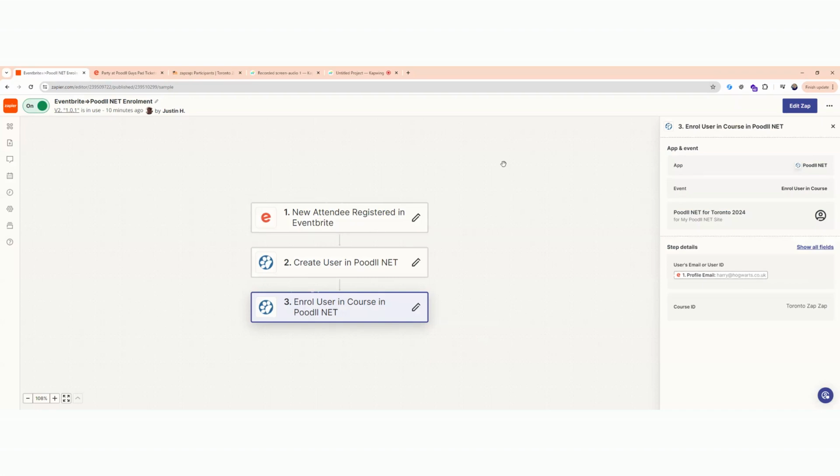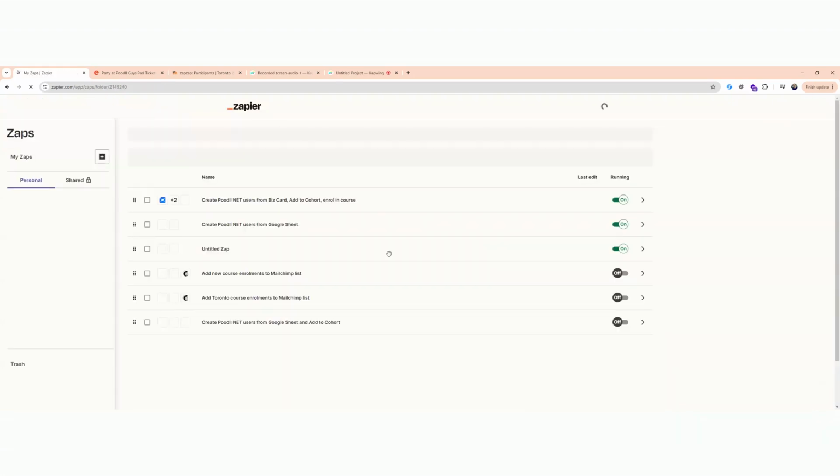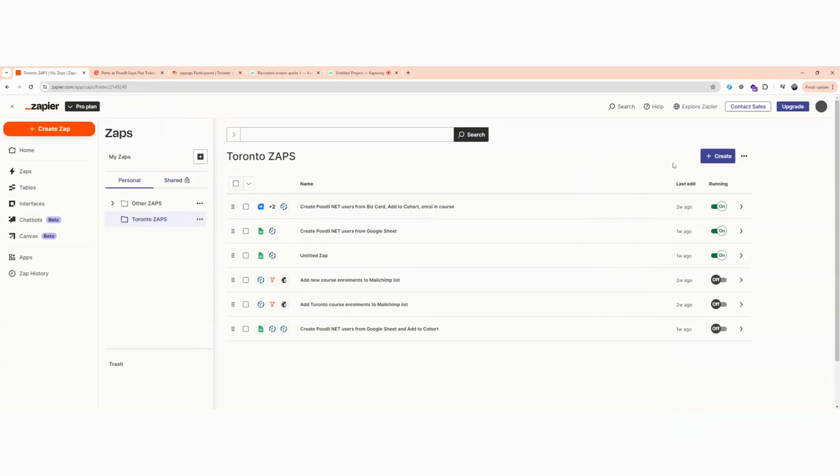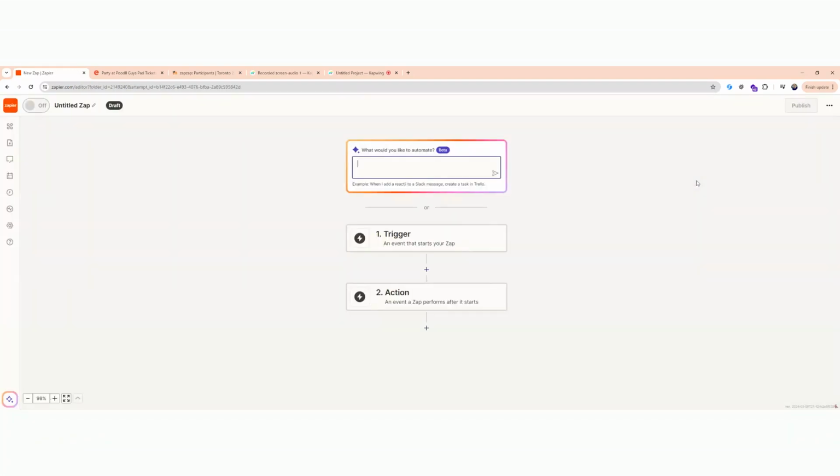First of all, I'm going to delete this Zap. I'm going to create a new one from scratch so we can see how it's done. Delete Zap. Okay, and now let's create a new Zap. You can use AI to automatically create that for you, but I don't find that works very well really. So let's just give this a title and we'll call it